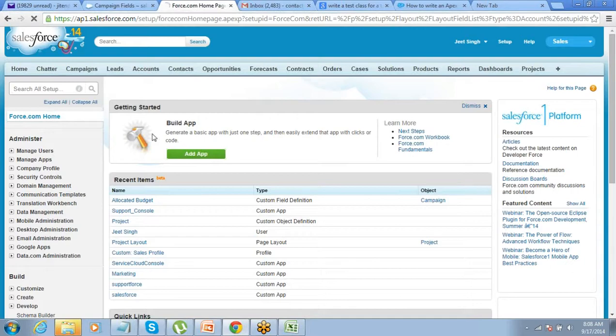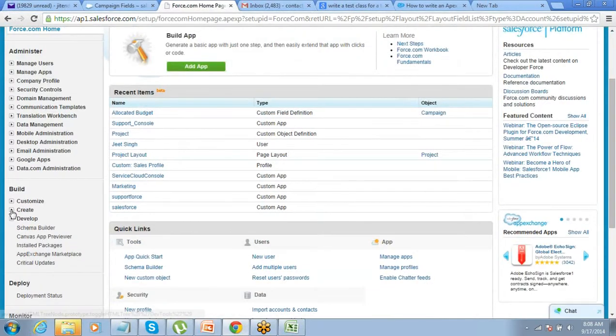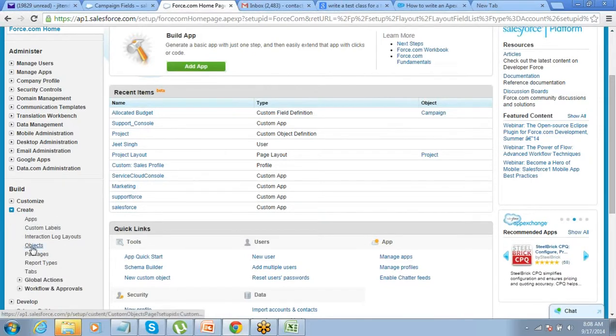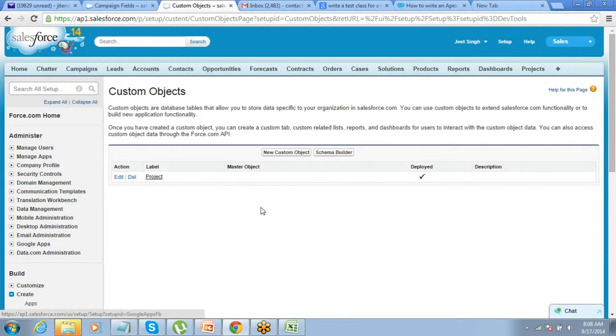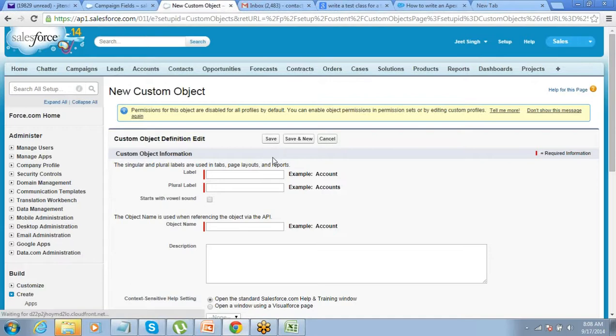So we'll just go to setup. This time, because you have to create something and you don't want to customize any existing object, you'll go to setup, create, click on objects. Got it? Setup, create, objects. Very simple. Click on new custom object. So the object which we are going to create is a custom object. It's not a standard object.